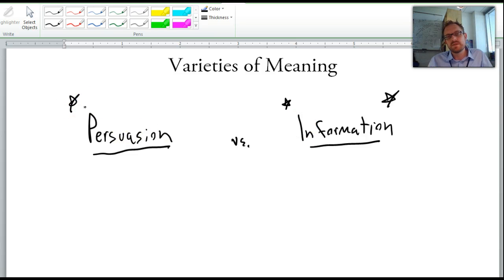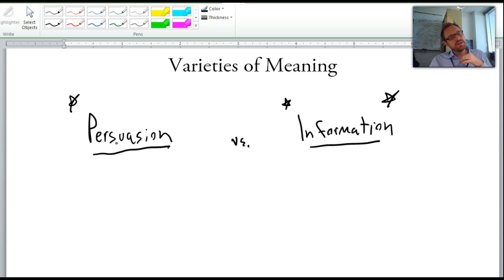So, for instance, consider that, at least hopefully, in a court of law, it's these sorts of arguments that have credence, not the persuasive arguments. Now, there is a fair amount of persuasion that, of course, goes on in a courtroom. So you can see different ways in which we use our language.